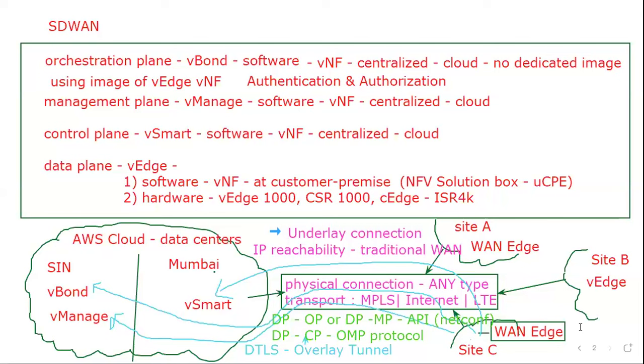Ma'am, one question. For underlay, you say that it is from the vEdge to the vBond. You mean the data center, and overlay is the connection to each of the vBond, vManage, and vSmart. Is that so? Right. You can say that there is a physical pipe. Within that physical pipe, you will have 3 different tunnels, and each tunnel will have its own methodology of communication. Got it. Thank you.